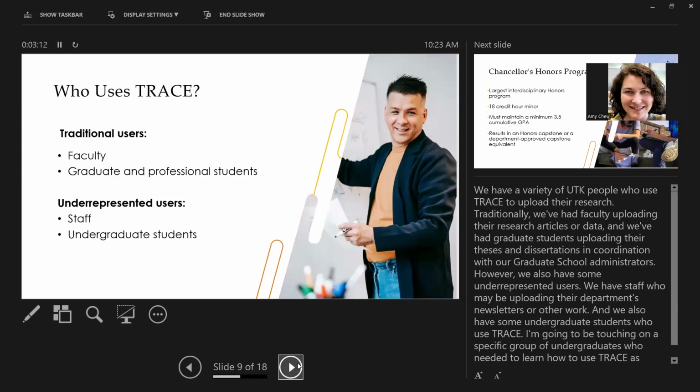So I mentioned earlier too, we're trying to think more about who is using Trace and how we can meet them where they're at. So of course there are some traditional users of Trace, and these folks are people who really have to be getting their research out there, and so it makes perfect sense why they're using Trace maybe more than others. We have faculty members who really want others to view, download, and cite their work. It's very important, especially for their tenure and promotion processes, to show that they're really having an impact in their field. So using Trace for them is, I would hope, a no-brainer for a lot of people, as long as they're okay with it being open access.